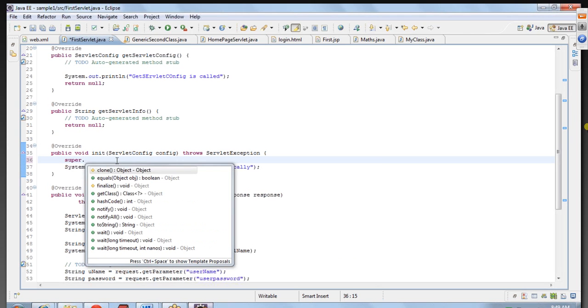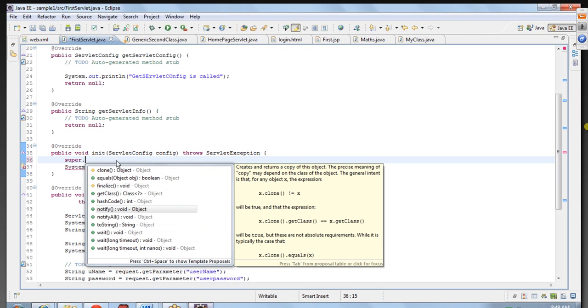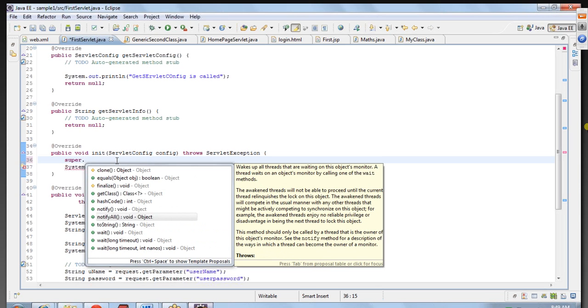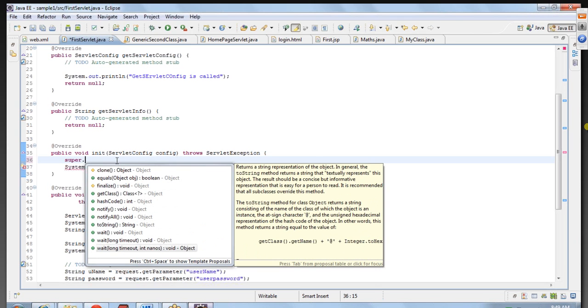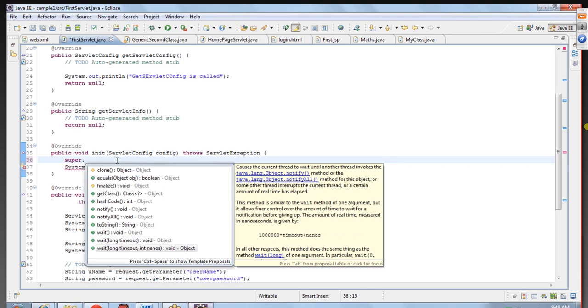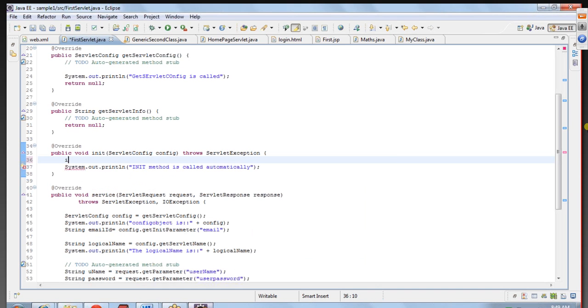See, basically, since Object is a superclass of all the classes in Java, when you call super, it is actually giving me all the methods which I can call with the super keyword. So that is the reason it is coming like that. But I was wondering why the init method is not coming. Okay. So if I say init,